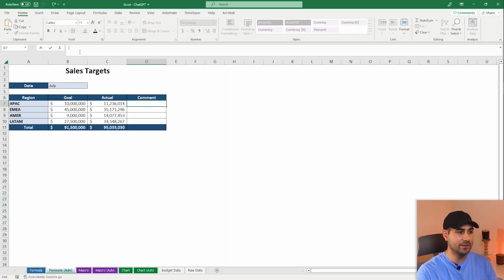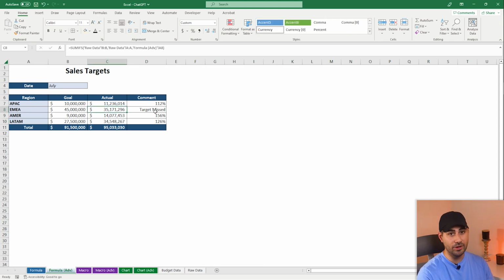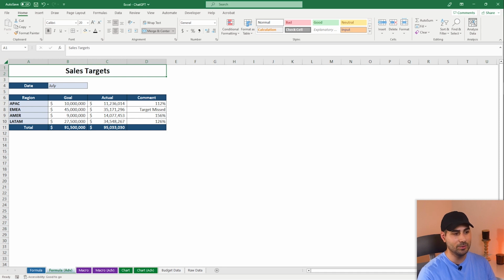We can place that within this cell D7, and as you can see in row 7, the actual value is above the goal for the month of July, so we see that comment being a value above 100%. Then below that, you see the target was missed, so instead of writing a percentage, we simply have target missed